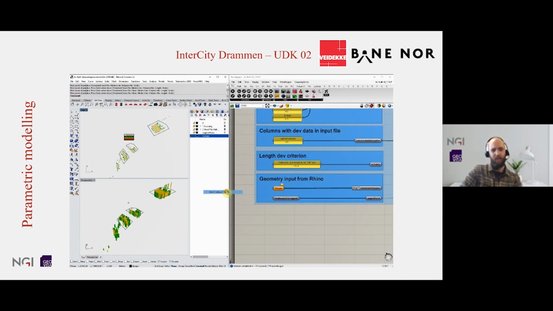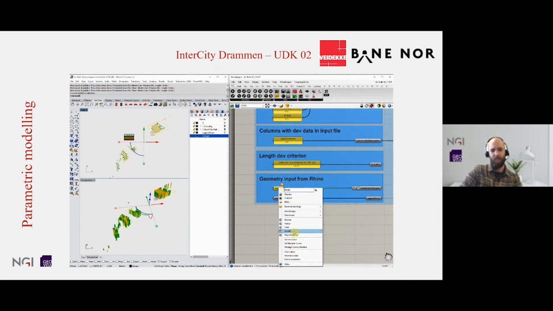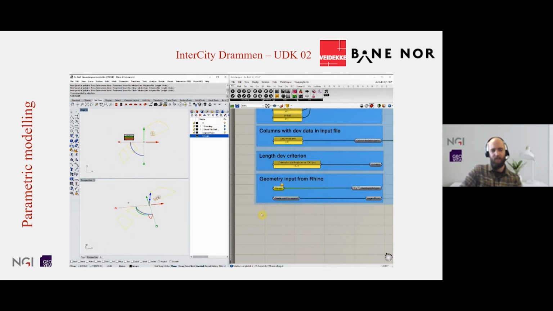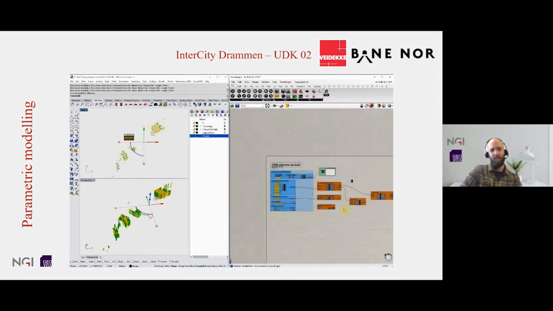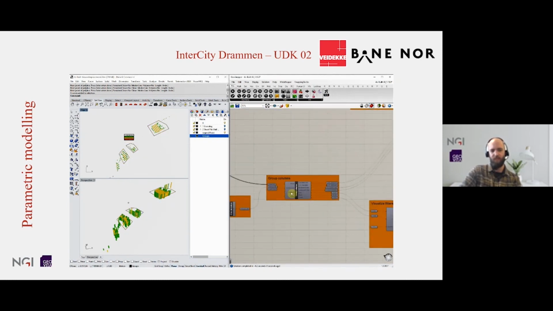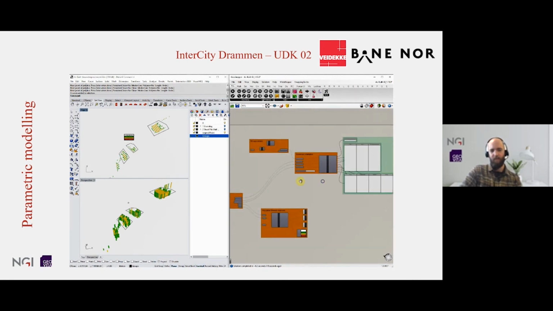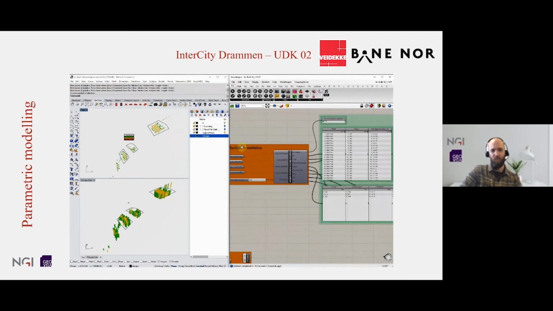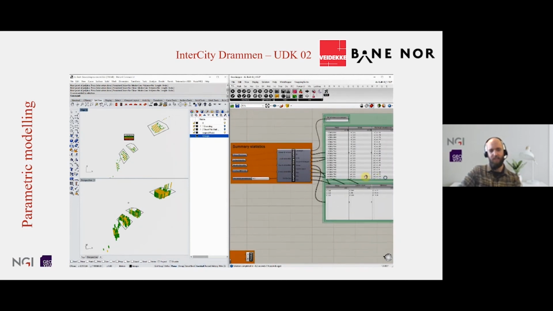And I will connect these curves to my Grasshopper script. And then my Grasshopper script uses these curves to filter out and basically cluster the columns into 3 groups. So I'm running it through the group column function and then pushing the data into a function that basically computes